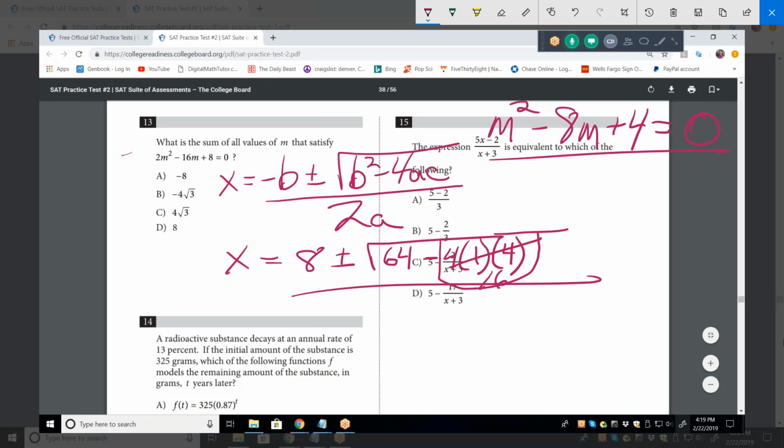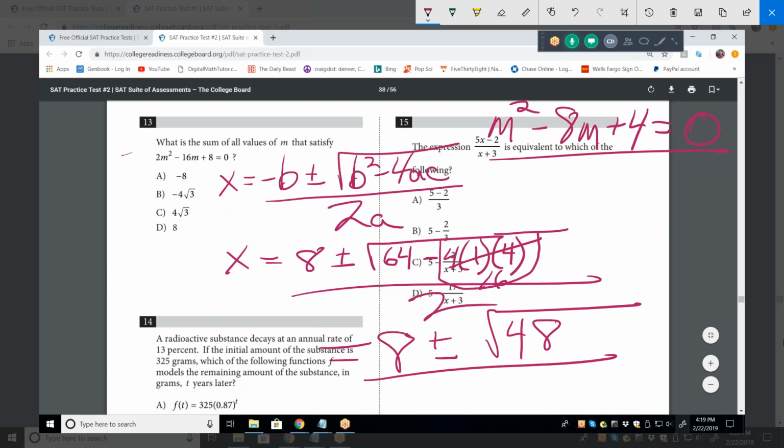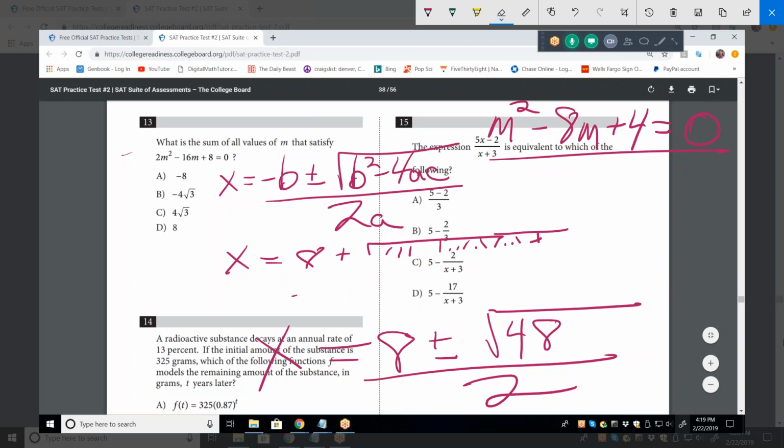And we're still dividing by 2a, which is that. So now what do we have? We have 8 plus or minus the square root of what? 48. What is it? 48. All divided by 2. Now, trying to figure out if we actually need to simplify this in order to come up with the answer. In other words, you don't always need to take a problem to its end, but okay, simplify this for me